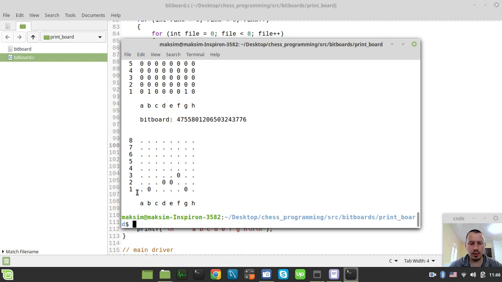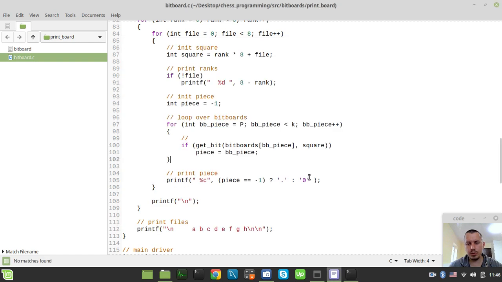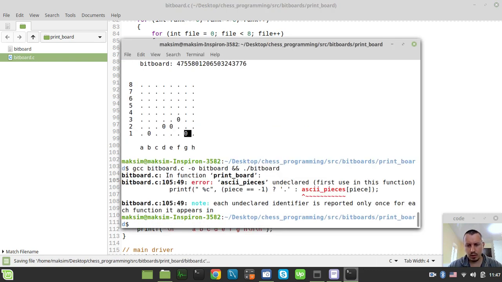Okay, yeah, so now my placeholder kind of works, because it now gives an idea of where the pieces are located, but we didn't yet distinguish the pieces themselves. So in order to do this, instead of this null, we need to reference our ASCII pieces array indexed by the piece, and now this should give us a valid